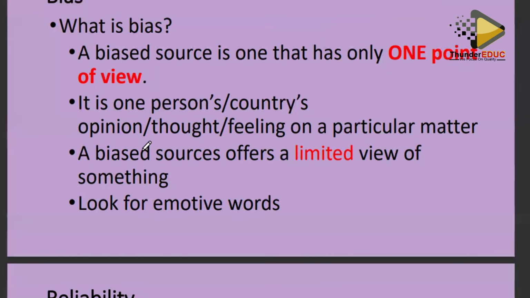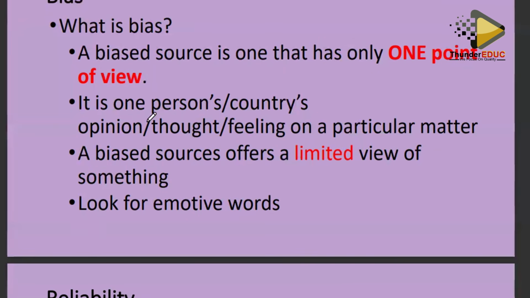If you're providing historical evidence based on feelings, you are not providing the reality of what happened because you're using emotions to portray whatever happened. Maybe it's out of hatred, maybe it's out of you being an affiliate to whatever you're explaining. You do not use your feelings to portray whatever happened, but you must use the justification of what happened, and you must give the rightful information of what happened and not use your emotions. So it is one country or one person's perspective or an opinion or a thought or a feeling on a